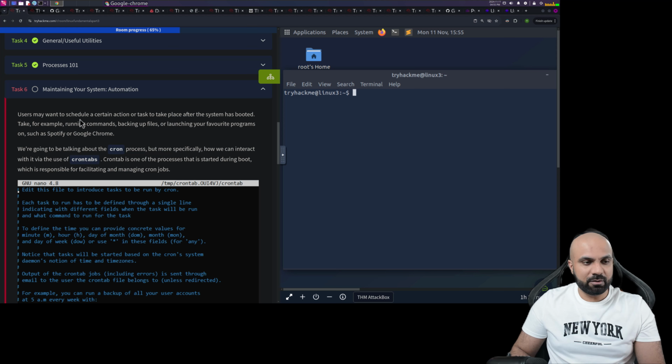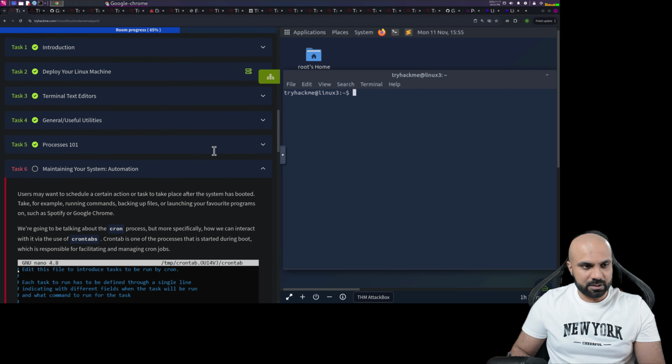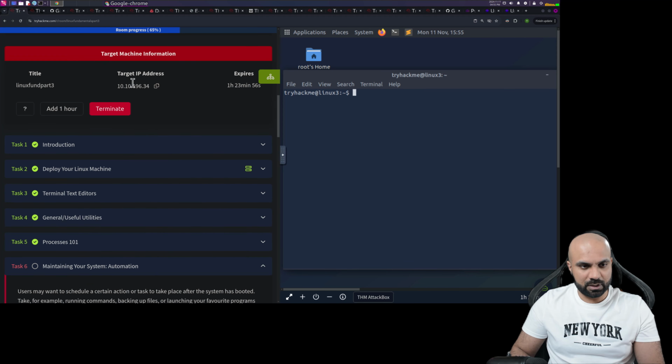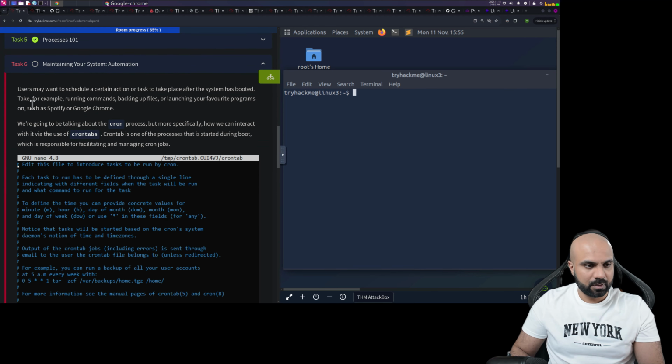Maintaining your system: automation. As you can see, I already started the AttackBox and also the machine that we needed to deploy in Task 2, and here is the IP address. Users may want to schedule a certain action or task to take place after the system has booted. Take, for example, running commands, backing up files, or launching your favorite programs such as Spotify or Google Chrome. We are going to be talking about the cron